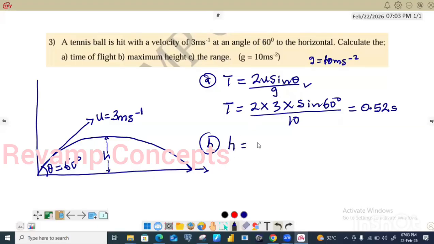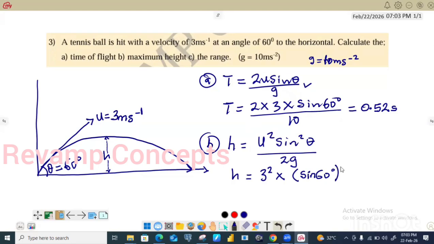For maximum height, the formula is u square sine square theta over 2g. So let's substitute the parameters. Our u is 3, so let's have 3 square multiplied by. Now this time around, be careful how you handle this. Put sine 60 in a bracket and square it. That's the meaning of sine square theta. Don't square 60 before you find sine. Put sine 60 in a bracket and now find the square of sine 60. So if you press your calculator,